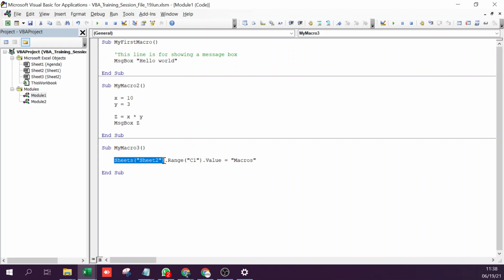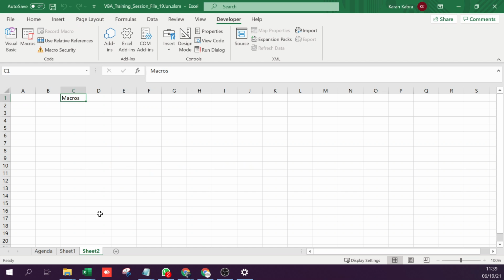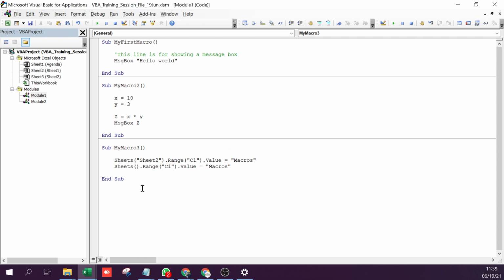Now, obviously, this is the most common way, but there are other ways as well. Actually, this is not the most common way. I'll show you the other options of referencing to an Excel sheet and a cell. So, in place of sheet 2, you can also write the sheet number, which obviously cannot be in double quotes. It is basically the order of sheets, the index of sheets. So this is sheet number 1, this is sheet number 2, this is sheet number 3, irrespective of the name, right? So if I write sheets 3, range C1, it will do the same thing.